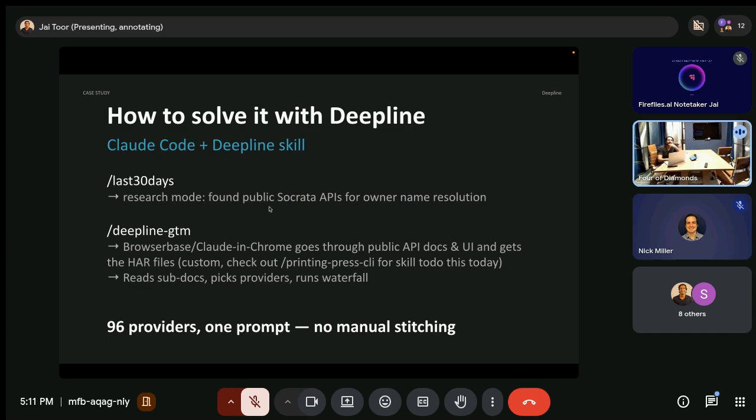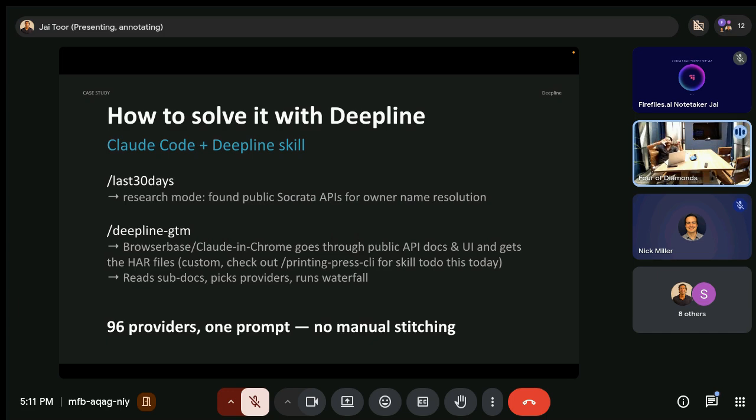And then number two, Deepline GTM, this is taking what we learned in the research step and then executing against it. And there's one step I started adding to public data sources that we've added to the prompts. Essentially what we do is have the agent, either browser-based if we're doing high volume, or Claude in Chrome, navigate through the public API or the public website for a lot of business data like government permits, business licenses, ownership logs. Those are public, but you have to log in through a UI.